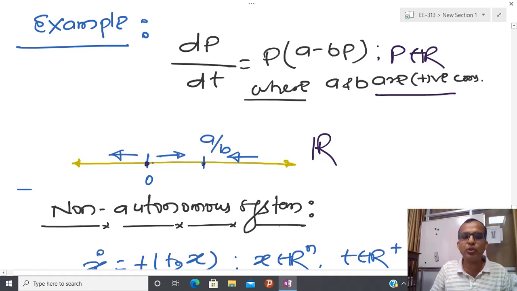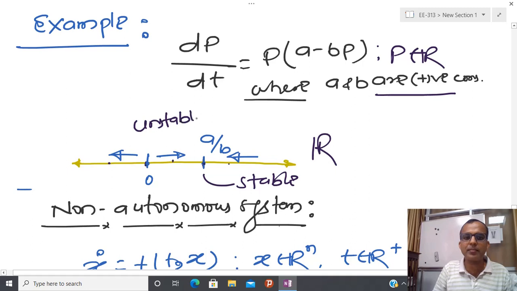So basically I have two equilibrium points, and if you start anywhere from here, then you move in this direction. If you start from here, then you move in this direction. In a later part of this course I will tell you what the behavior of this equilibrium point is. If you start anywhere in the neighborhood of this, then we move towards this equilibrium point, but that is not the case here. Later, when we deal with stability, this is called stable and this is called unstable.